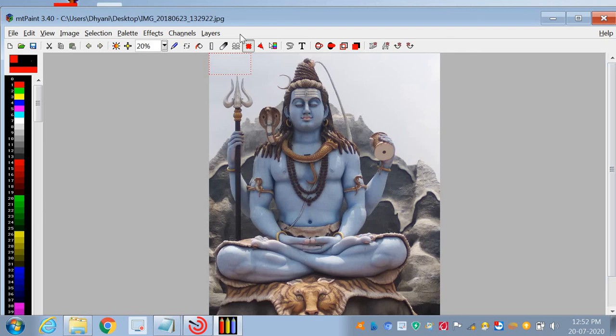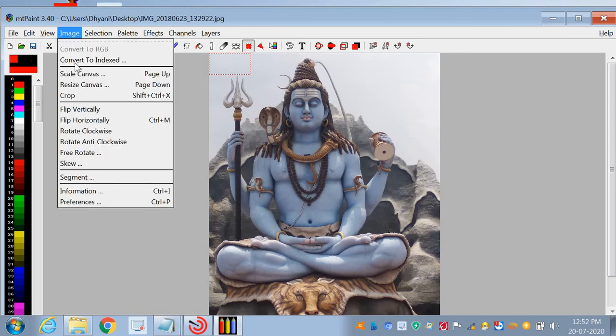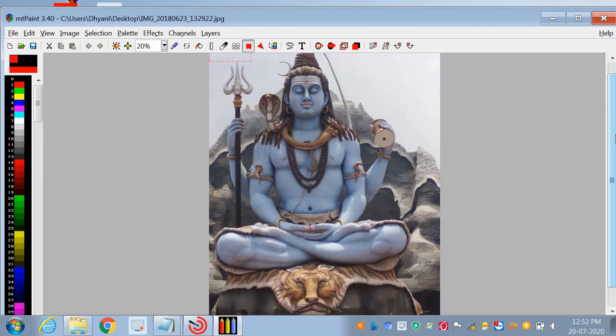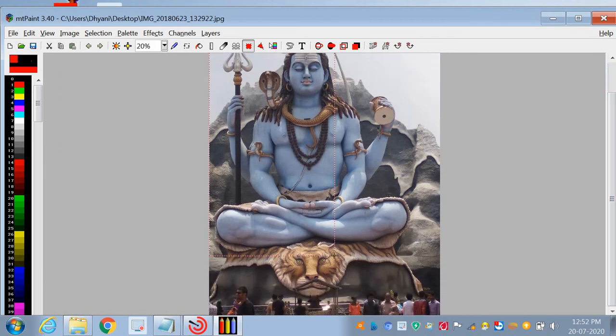So here we go to the image option. Then after that, one option is crop. Crop means you can remove the unwanted portion from the image.